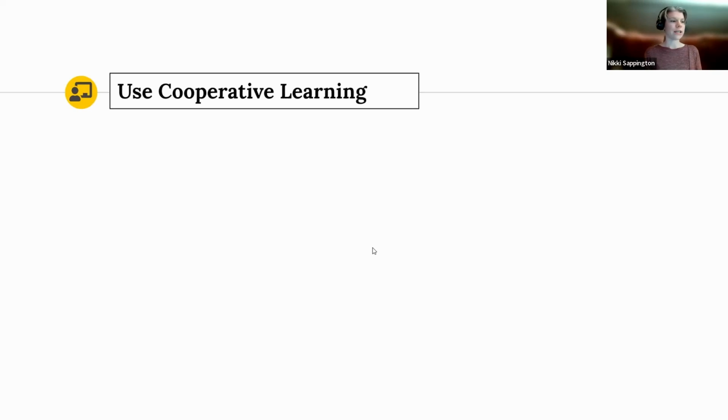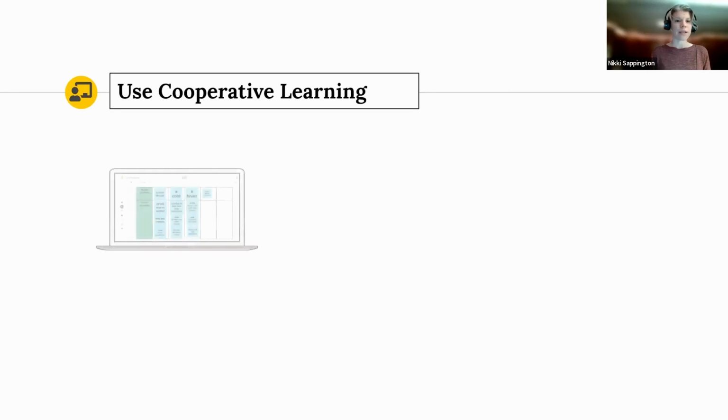Another strategy, use cooperative learning. So computers are great for individualized learning, but also cooperatively as well. So peer-to-peer learning's invaluable not just for content learning, right, but for digital skills too. So when introducing a new digital tool, for example, like a Google Doc or Jamboard, consider doing it first